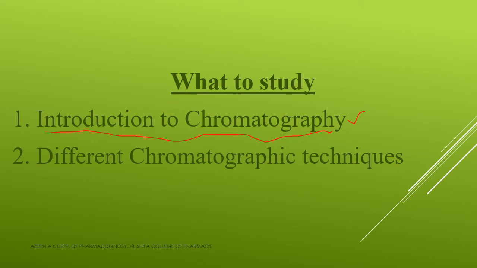Next thing is different chromatographic techniques. So chromatography is a very big unit, and you will be studying in detail about this in your analysis classes also. So the various chromatographic techniques that we are using in phytochemistry are paper chromatography, thin layer chromatography, then HPLC or high performance liquid chromatography, then HPTLC or high performance thin layer chromatography, then column chromatography, flash chromatography, etc. So these are the different types of chromatographic techniques employed today. So these are the things you are going to study under this unit. Clear?